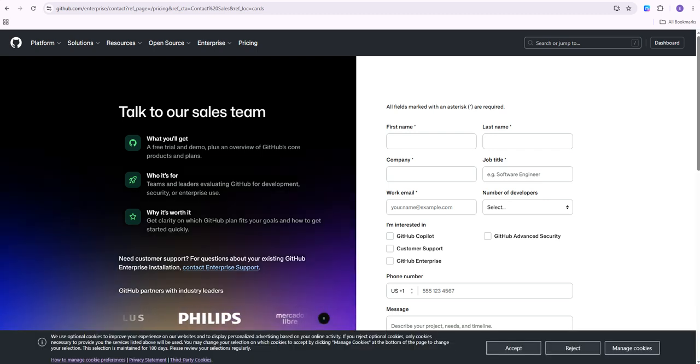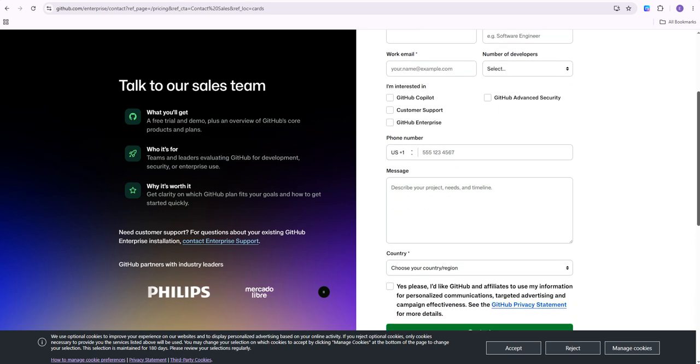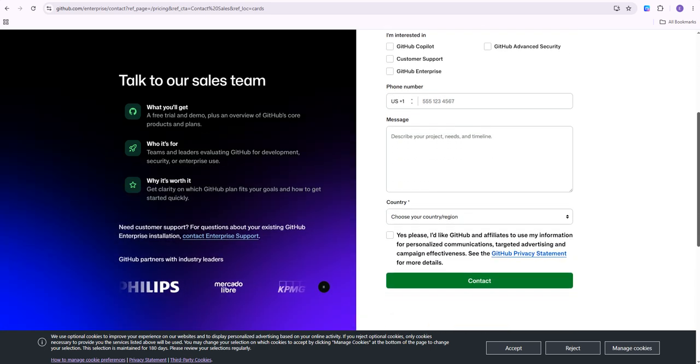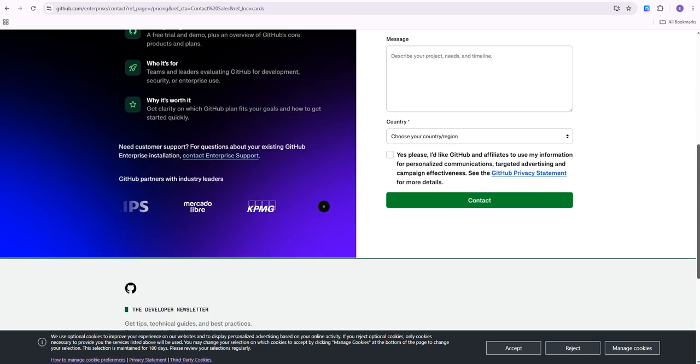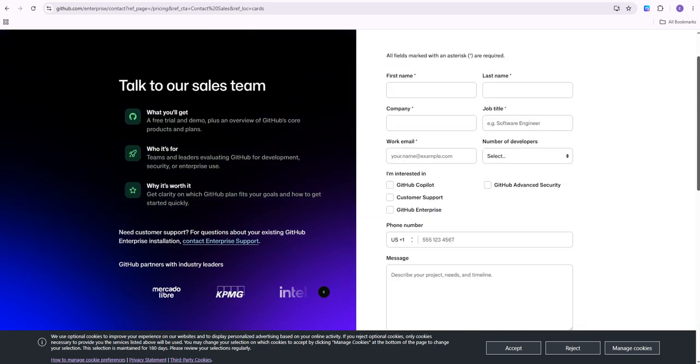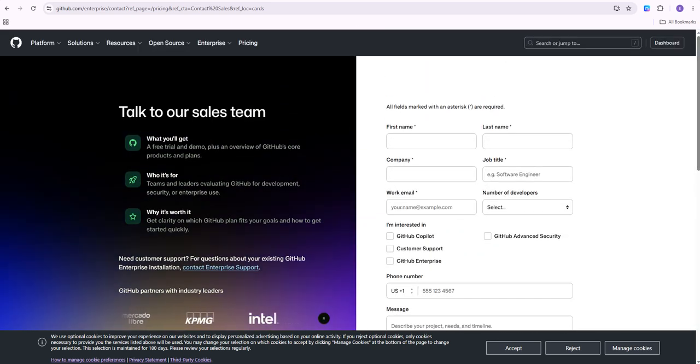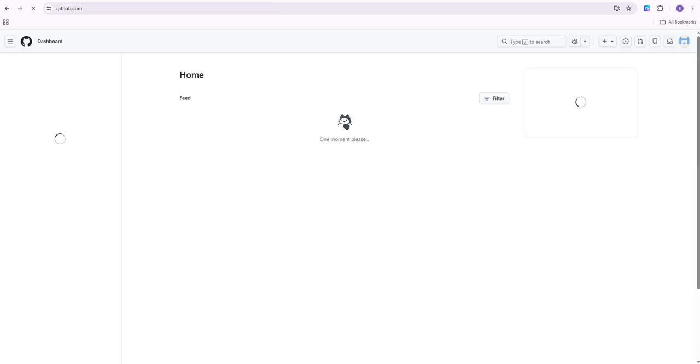If you're a verified student, teacher, or maintainer of a qualifying open-source project, review whether you're eligible for GitHub Copilot at no additional cost. Now, if you have a valid discount code, select the GitHub Copilot plan you want and